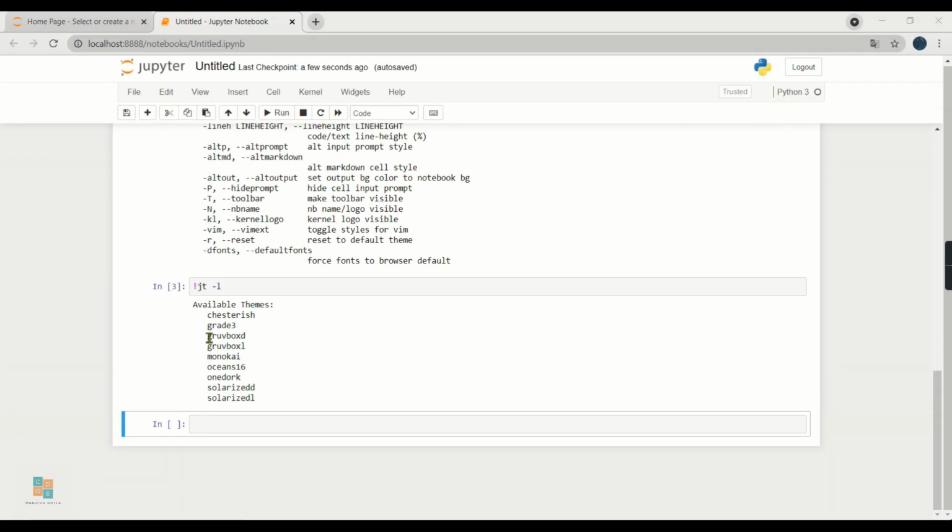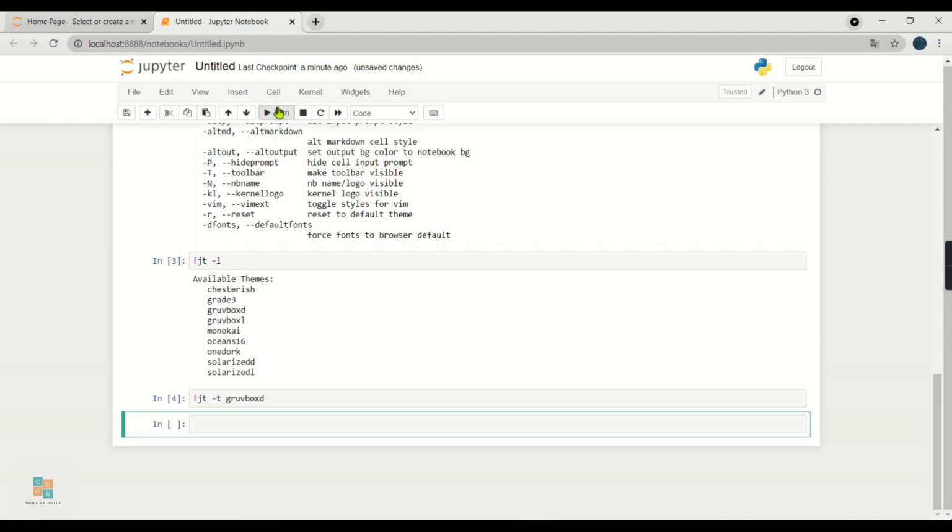So say I want to change my theme to this one, and I will copy it, and then I put my command this way: exclamation sign jt -t, and I paste the name of the theme and click run. As we cannot see any difference here and it does not produce any result, we need to reload the page.